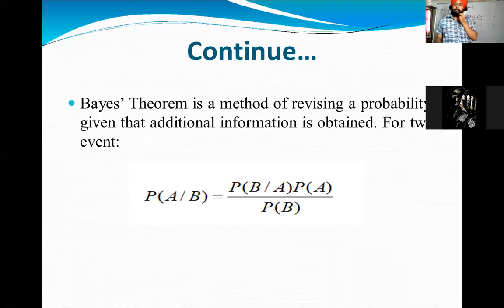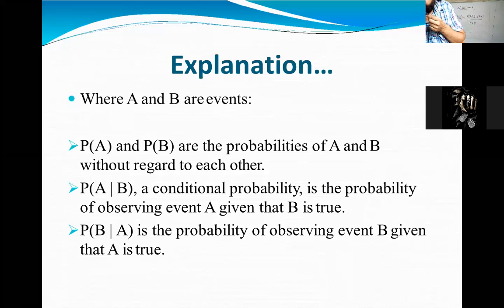Bayes theorem is used for revising the probability given that additional information is obtained for any event. So if A has occurred, B has occurred, and individually A and B have occurred, what is the probability of A to occur? And the conditional probability is also given, that is the probability of B when A has already occurred. Now we have to find this. Sometimes the question comes, you have to see the statement, what is missing. So out of 4 terms, 3 will be given and 1 will be missing. So there can be numericals on the Bayes rule, which is based on the Bayes theorem.